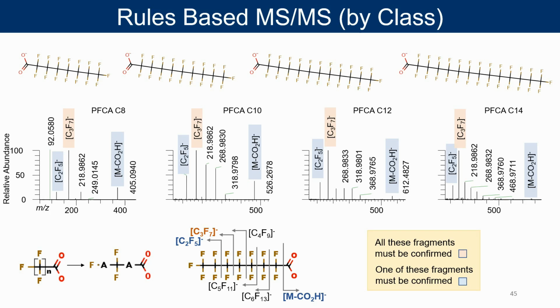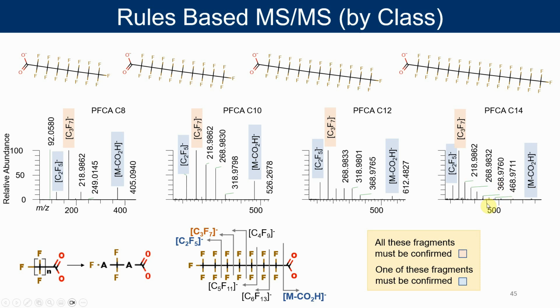So this is what an MSMS spectrum would look like. This is actually 4 MSMS spectra for 4 different chain lengths, carbon-fluorine units, of a carboxylic acid. So you can see the M-CO2 that we discussed for the carboxylic acid. You can also see the chain-related fragments C2F5 and C3F7. You can also see 218, then 249, and if you go to the right to these longer chain species, 218, 249, 268,